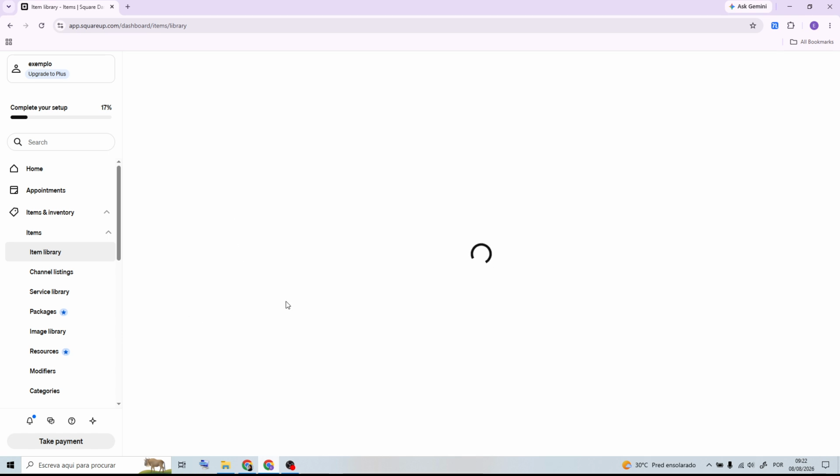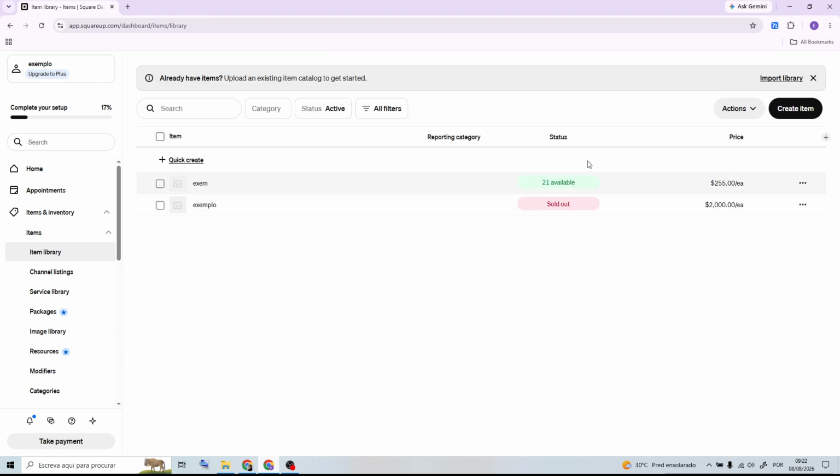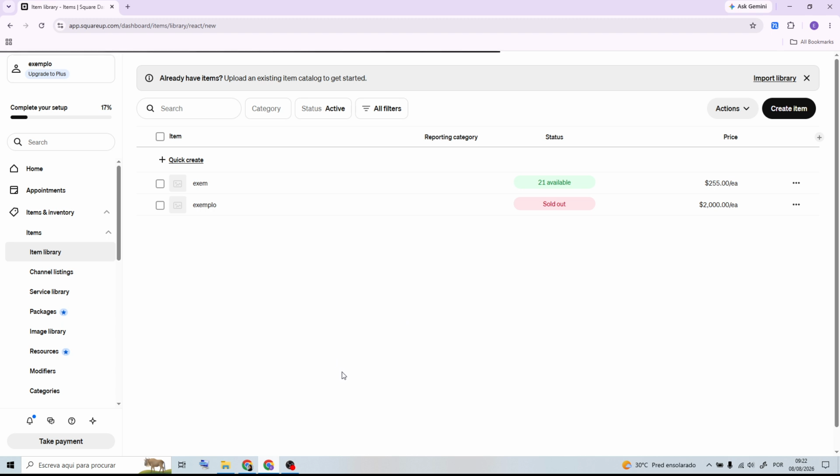Enter the service name, then add a description if you want customers to have more information about what the service includes. After that, enter the service price and choose the appropriate category. If you're using Square Appointments, make sure the service has the correct duration and is available for the team members